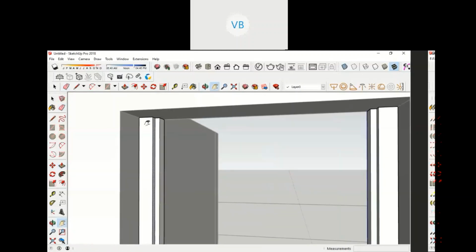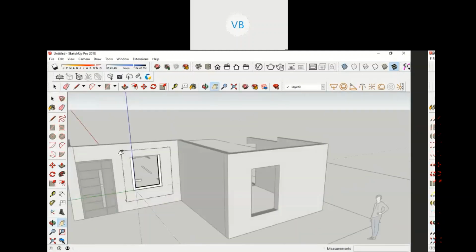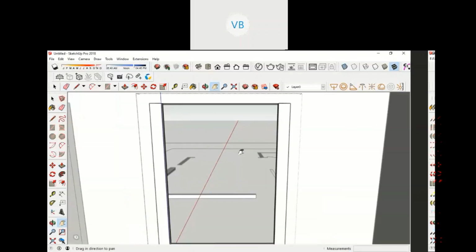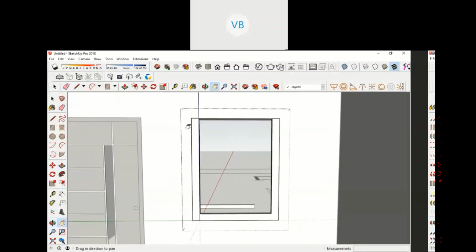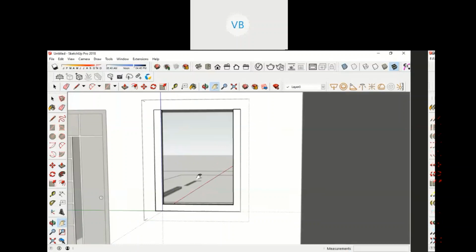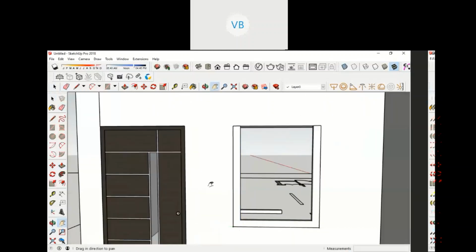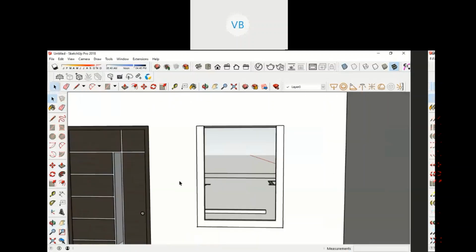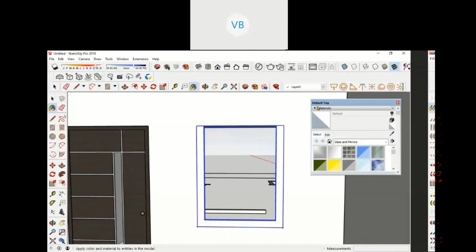Okay, so అలాగే and you can అలా చేసుకోవచ్చు. Now let's say you created this frame. A frame you have to apply for material. How to apply a material? I've already told you in the previous class. Select this thing. Okay, then press B for bucket, or you can see the paint bucket icon, right? Paint bucket. Click on the paint bucket icon.